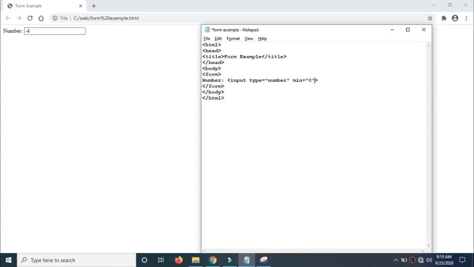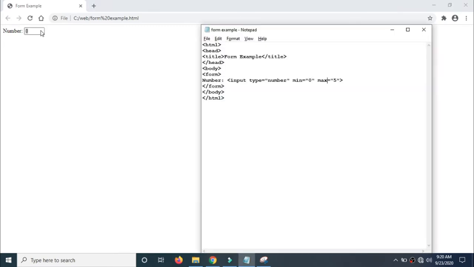Minimum equals 0, and maximum equals 5. So that is min and max. Is it right? Now if I refresh this, you can see that min is 0.